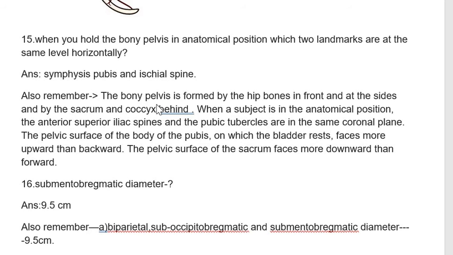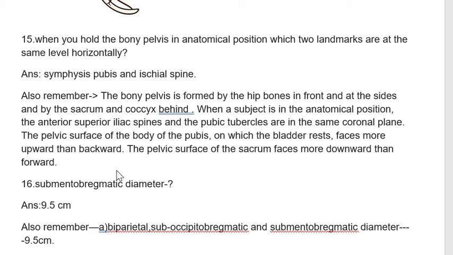You should remember that the bony pelvis is formed by the hip bones in front and at the sides, and by the sacrum and coccyx behind, posteriorly. So when a subject is in the anatomical position, the anterior superior iliac spines and the pubic tubercle are in the same coronal plane, and the pelvic surface of the